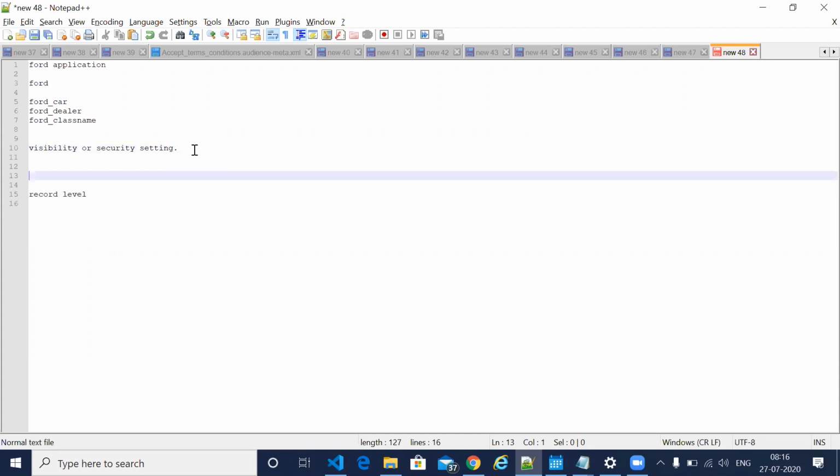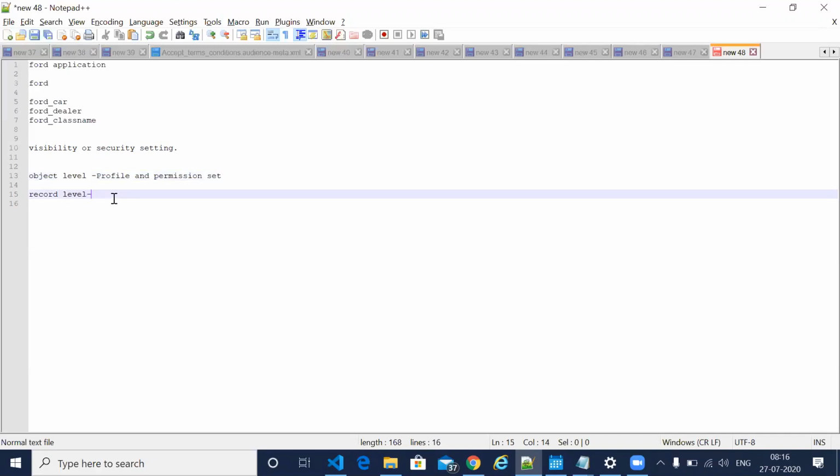So one is object level, one more is record level. In object level, we will use profile and permission set. In record level, we will have multiple things.